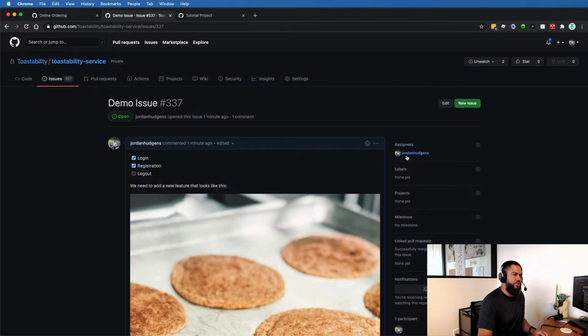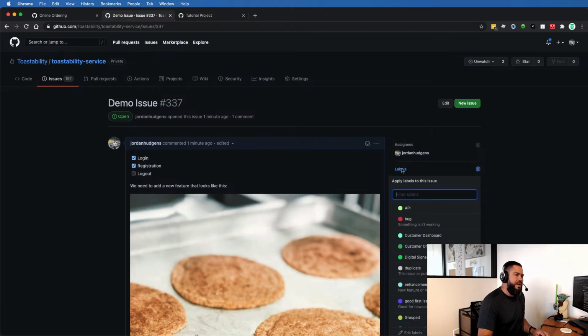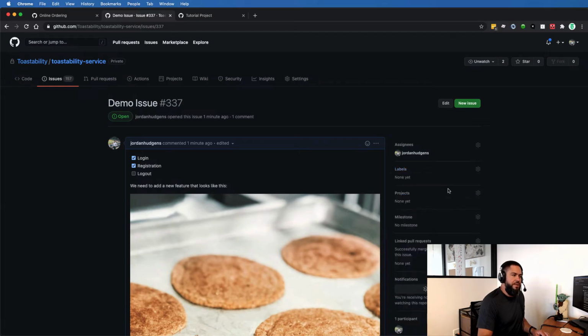So in this case, I'm just going to assign myself, or I could pick through a list of people to assign. Then I can add a label, and this is completely optional. But say this is a bug, I can select bug. Or say this is something for the API. You can select multiple labels, and then those are going to appear right here, which makes it really easy to